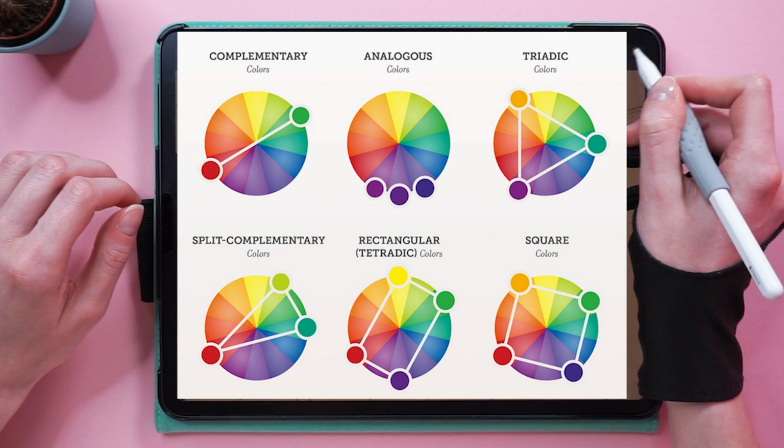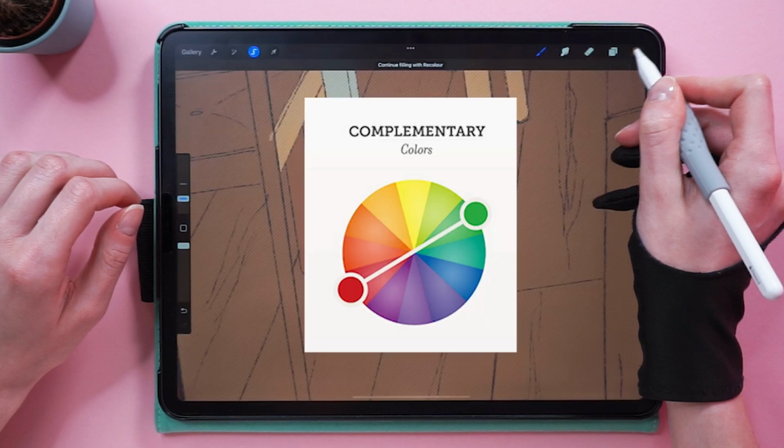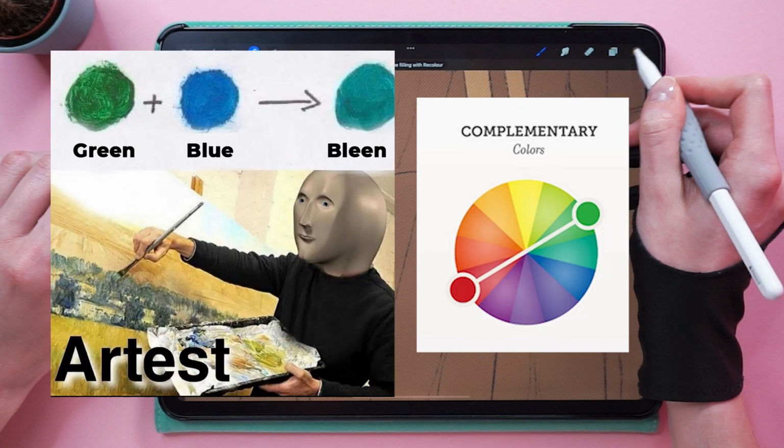The easiest one is the complementary colors, which are the colors that are at the opposite side of the color wheel. They are called complementary because, well, they complement each other. Take one of the 3 primary colors. Let's pick red. The complementary color of red is green. In this example, red and green are complementary because green is the composition of the other 2 primary colors,